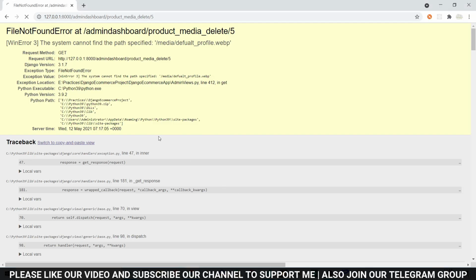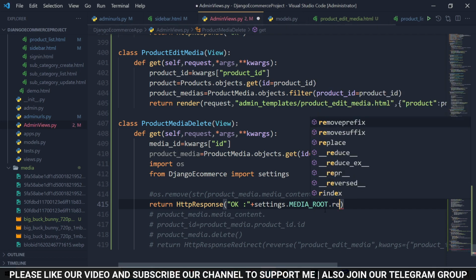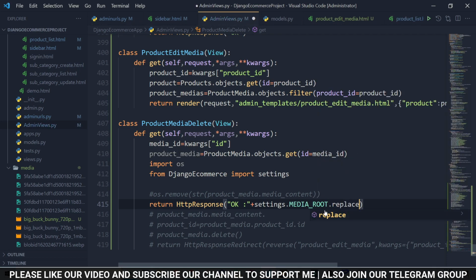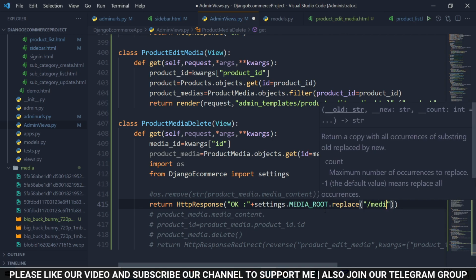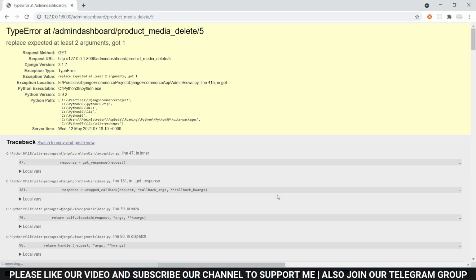Save it, refresh, and you can see it is showing the complete location. But here two times media is showing. So here replace slash media with slash media. Save it, refresh,